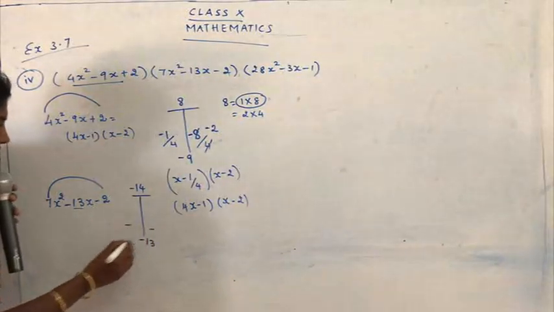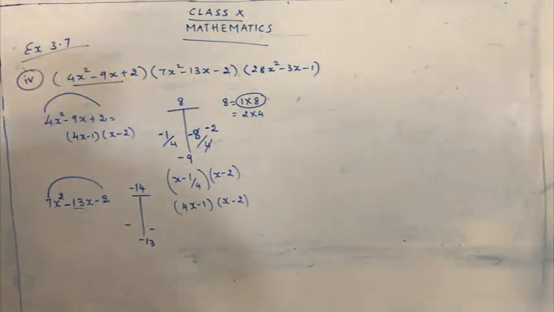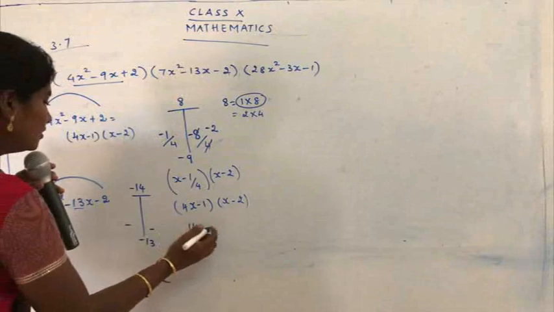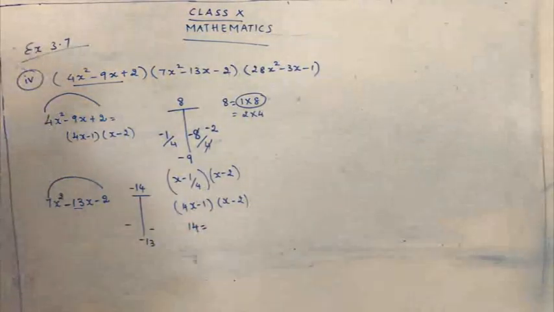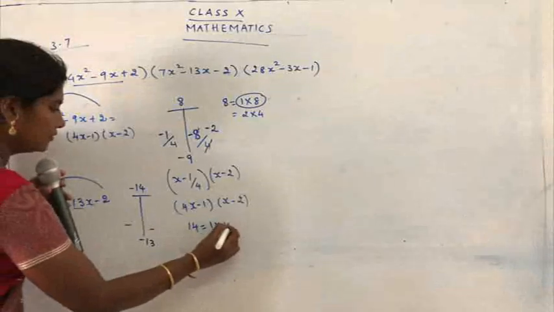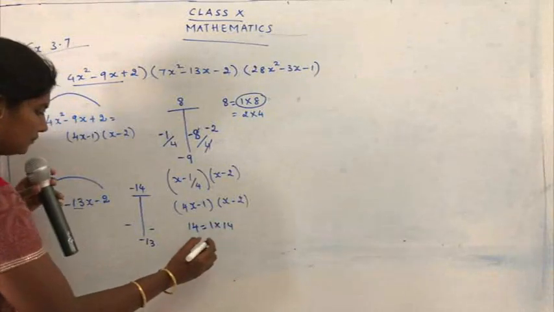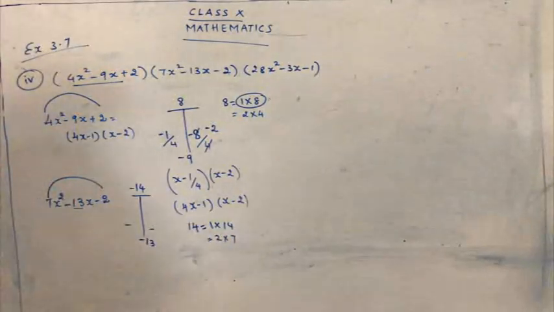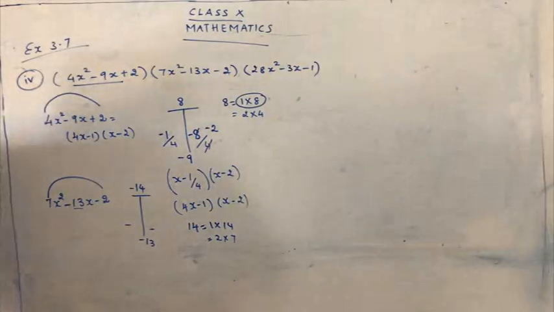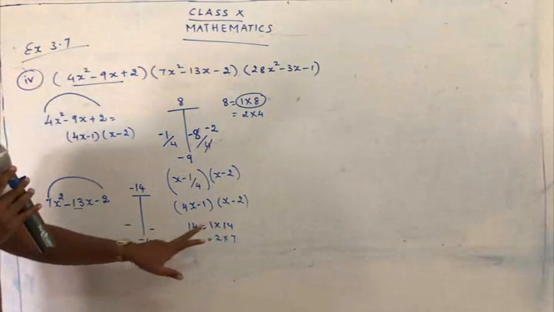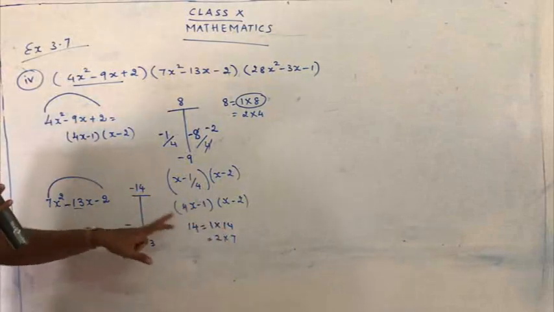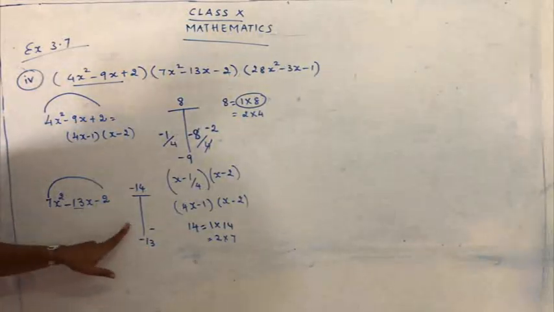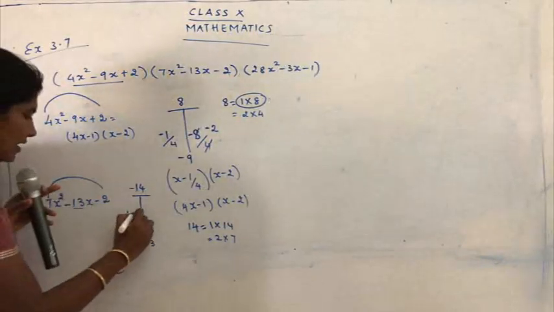So we have to choose here two numbers. Yes, children? So let's choose two numbers here. So minus 14, or don't take the sign, just take 14. So how can 14 be expressed? 1 into 14, 2 into 7. Let's try to choose a proper combination. Let's take the first combination. See here. So 1 and 14, the product of 1 and 14 is 14. If I change the sign, I get the sum as 13. So let's see what signs are to be inserted over here. So I'll take the combination as 1 and 14.